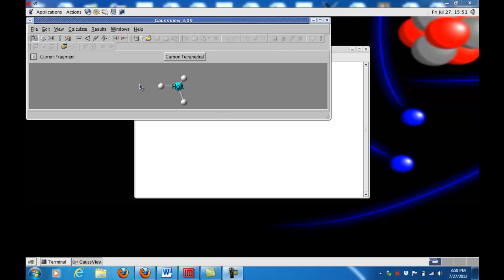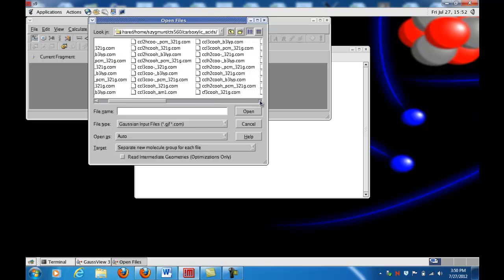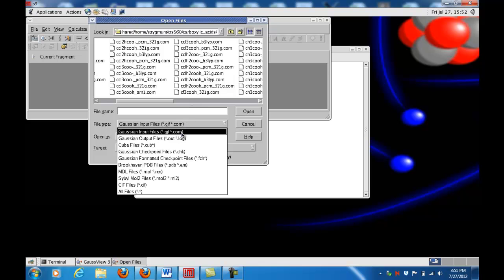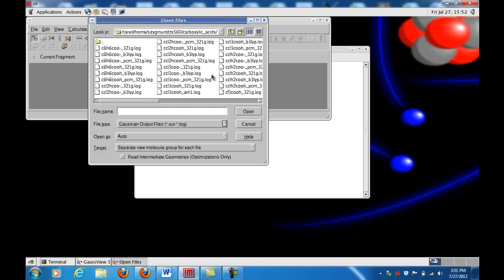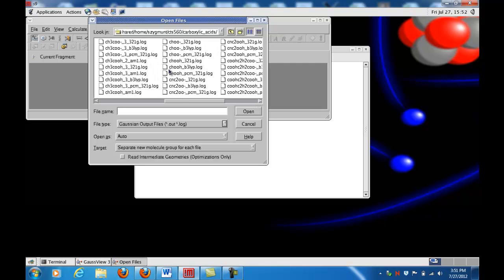In this week's assignment, you'll be building some new molecules and then running optimization and frequency calculations on them. I just want to show you how to accomplish this process, because these will be built from molecules that you've already done calculations on. Just as the homework assignment explains, what I will do is first open up the Gaussian output file from a calculation that I've already done, and that will be the